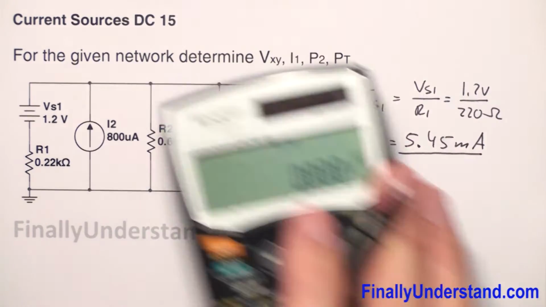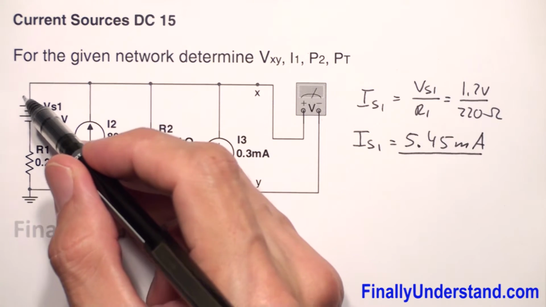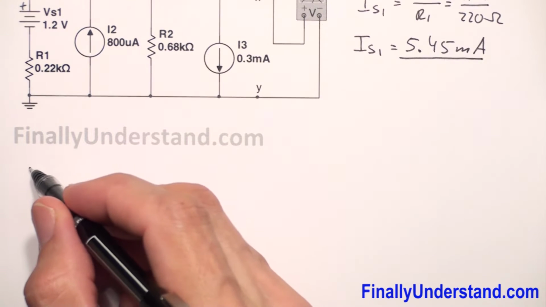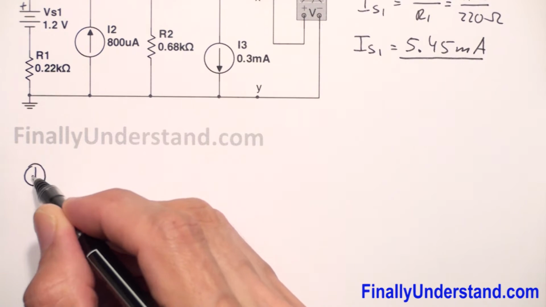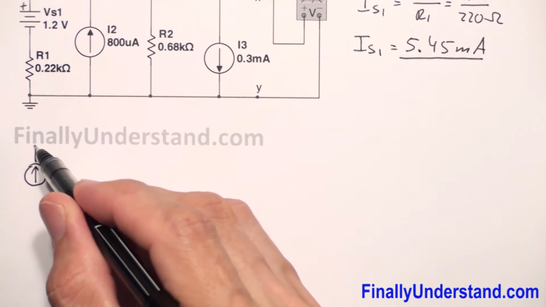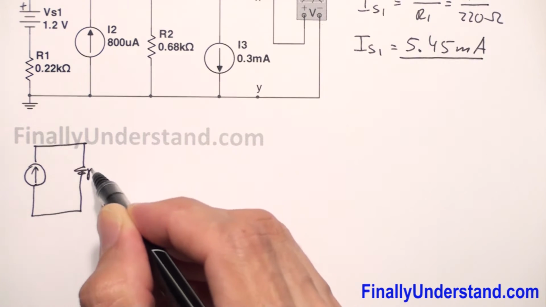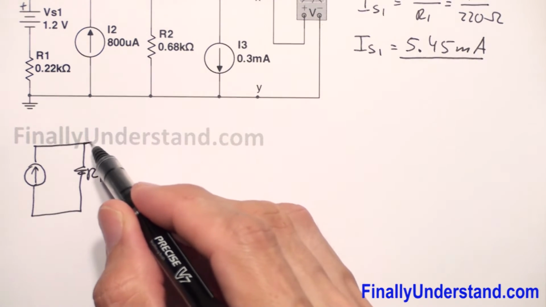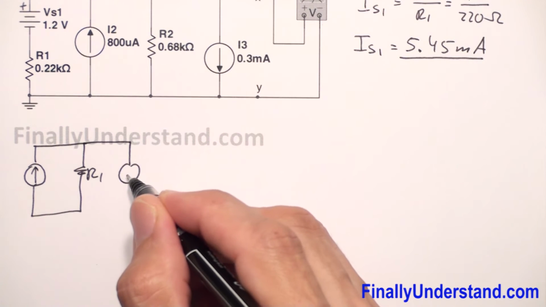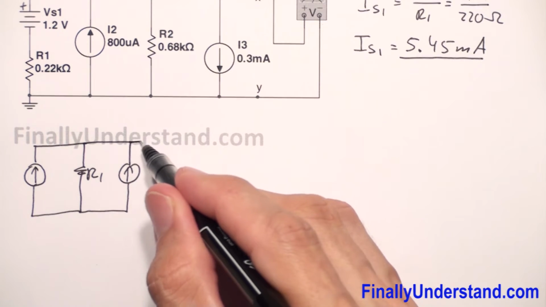Next, I'm supposed to redraw the circuit, and because my positive terminal is at the top, I'm going to draw the current source with the arrow pointing up. So I have my resistor R1 over here. Okay, this is my resistor R1. This is going to be my second current source. Okay, and this is my resistor R2,